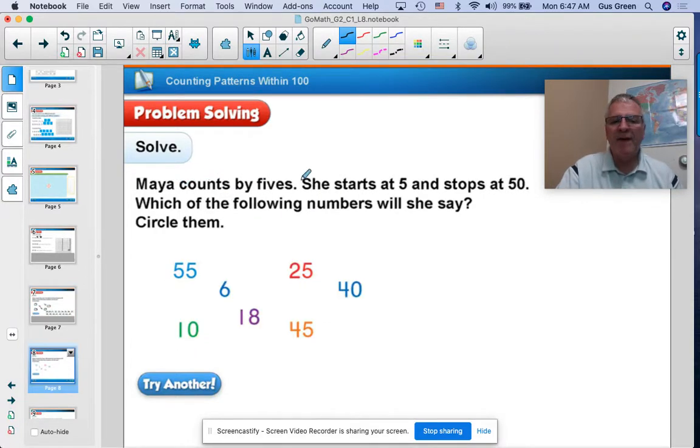Maya counts by 5s. She starts at 5 and stops at 50. Which of the following numbers will she say? Circle them. What I'd like you to do when you get to this one is actually write it out in some space. You can use a scrap piece of paper, or you can use your space in your workbook margins. Anywhere where there's white space, you can write